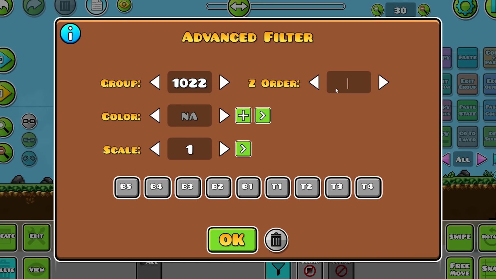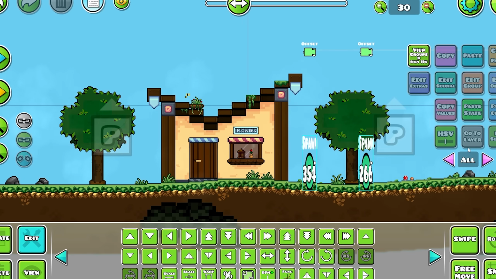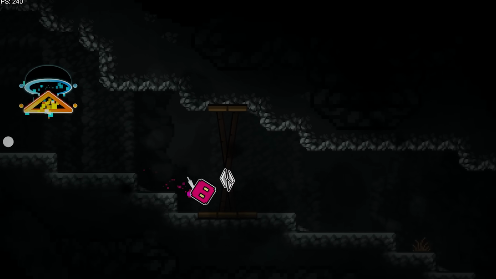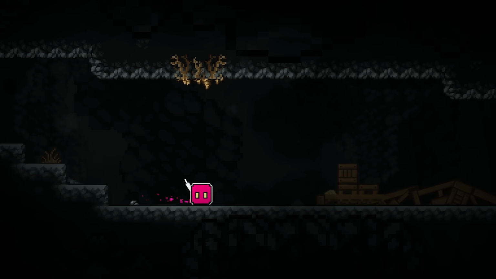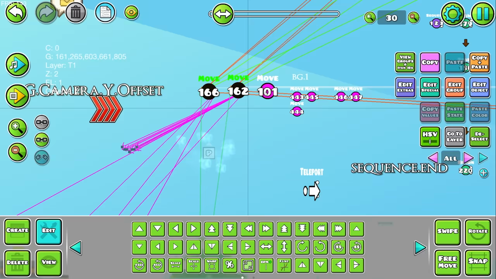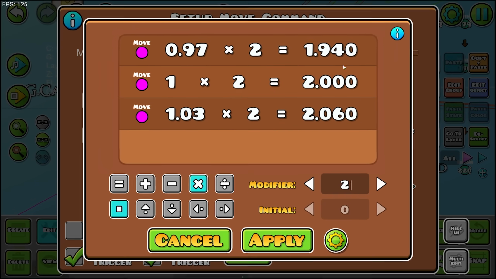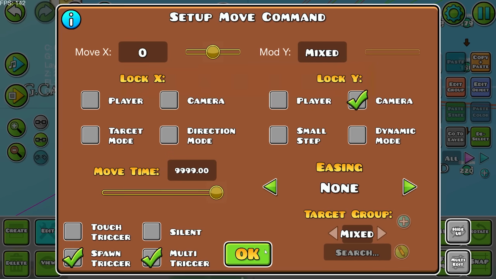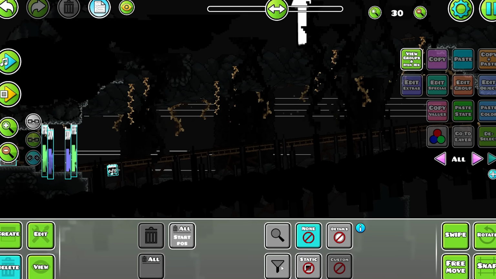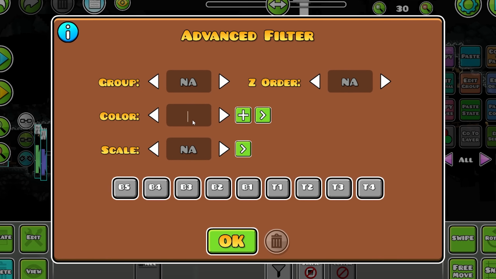It's insane. For instance, if you want to select every object that has color channel 3 on the B4 layer and Z order 9, you can do that. It's so insanely customizable. This mod is just insane. You can just go to the delete tab for that, by the way. There's more features I haven't mentioned here, but this one is just so worth downloading and checking it out for